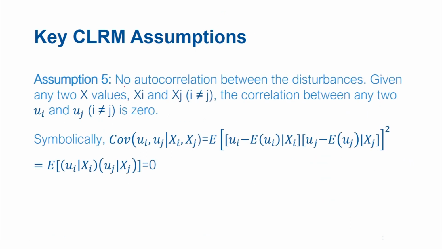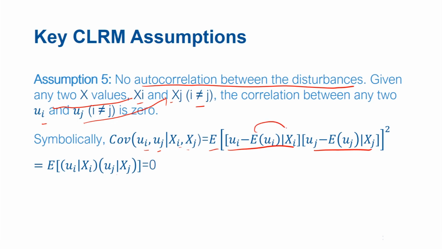Another very important assumption, number 5, is no autocorrelation between the disturbances or error terms. So for any two values xi and xj where i is not equal to j, the correlation between mu i, which corresponds to xi, and mu j, which corresponds to xj, should be 0. In symbolic terms, the covariance between mu i and mu j given xi xj is equal to the expectation of mu i given xi into mu j given xj,